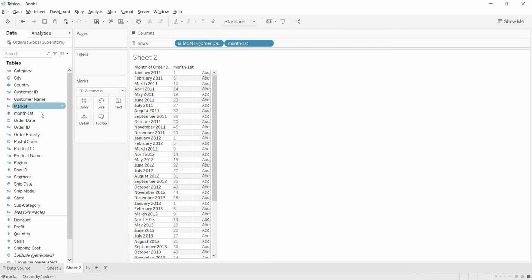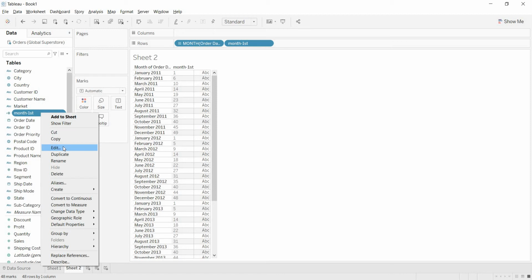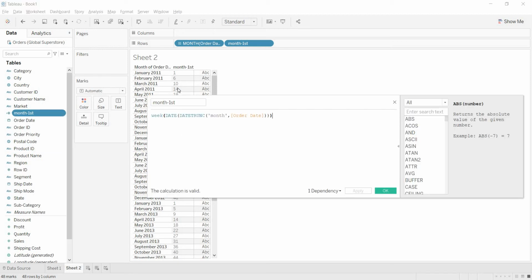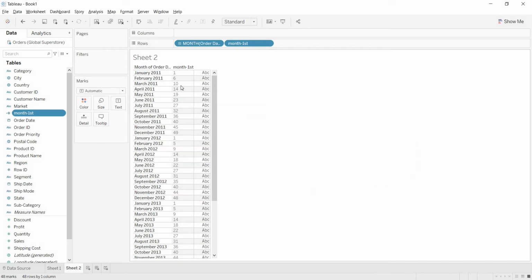So when you take week of this calculation, you will get the week number related to that date. For example, February 1st is lying in the 6th week. March 1st is lying in the 10th week. April, like this. If you go to December 1st, it is coming on the 49th week.